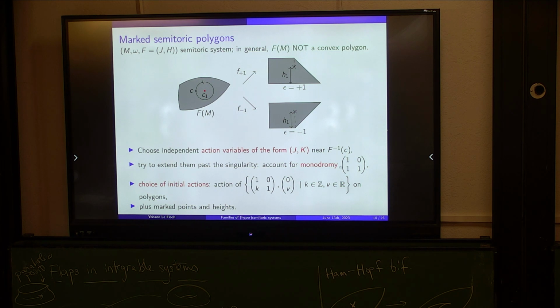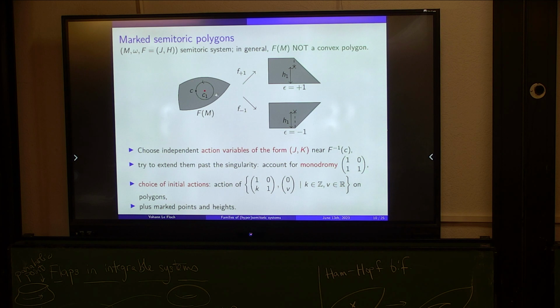So then what you do is, okay, let's make the set of regular values simply connected by cutting somewhere above or below the singularity. And if I cut above, then I will try to extend by going below and extend all this way and all this way. And everywhere but on the cut, I will have a toric momentum map. But then I want to glue back to some momentum map which will not be toric anymore along the cut, or the several cuts if you have several points.